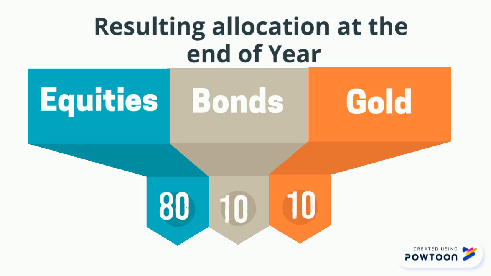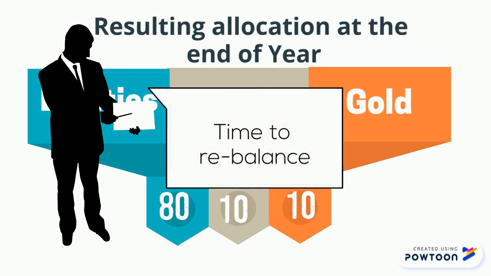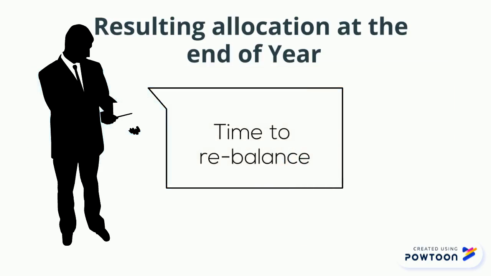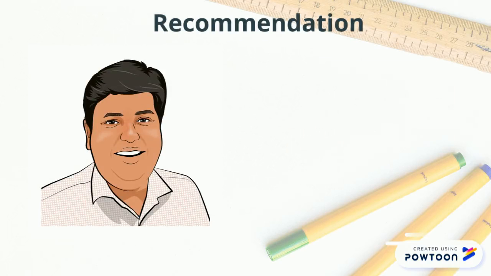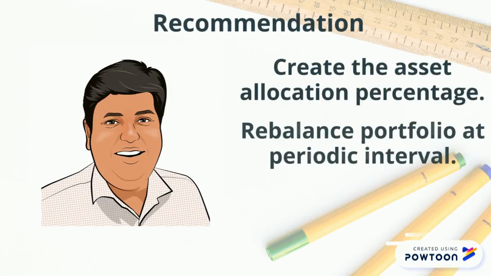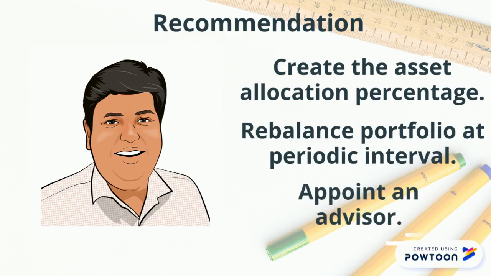Creating a plan based on strategic asset allocation is one part. Another is to rebalance it according to the strategy. So in case a person decides to allocate 70% in equity and 30% in debt, at the end of the year while reviewing the portfolio, you might see that equity has increased to 80% and debt is only 20% of the portfolio. Then it is prudent to rebalance it by selling equity and bringing it down to again the original 70% level of the allocation. That's why it is worthwhile to have a financial advisor who can take emotions out of these decisions and helps in maintaining a good run rate.